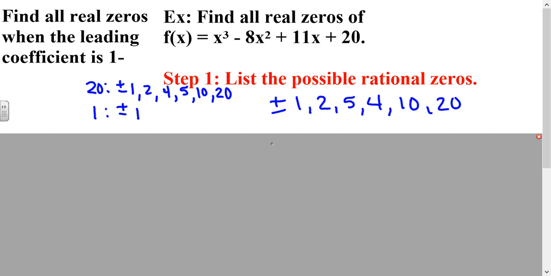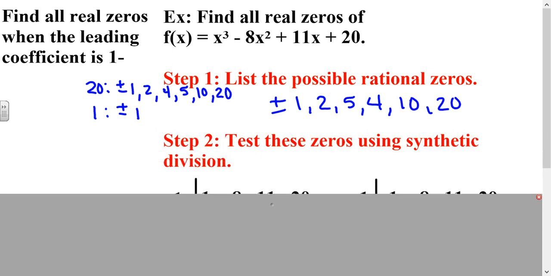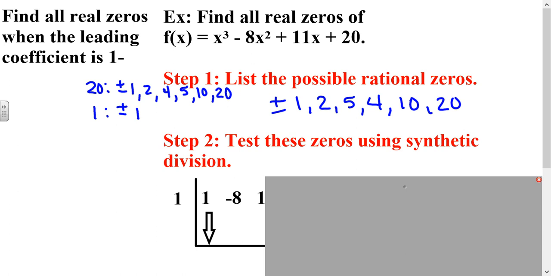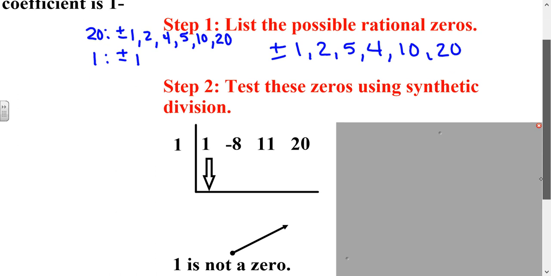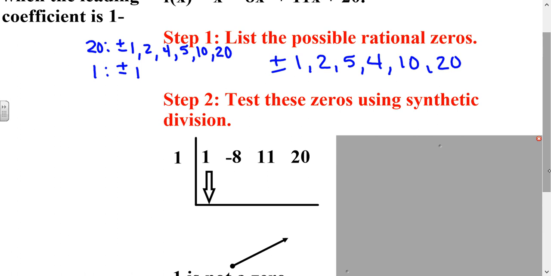So to test it, you just have to pick one at random. I usually always pick positive 1 and negative 1 to begin with, because those ones are usually the ones that work. So let's try 1. So if we try 1,